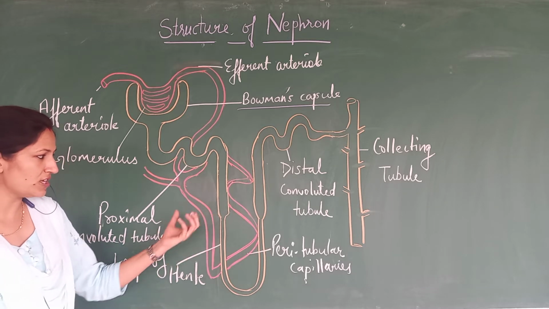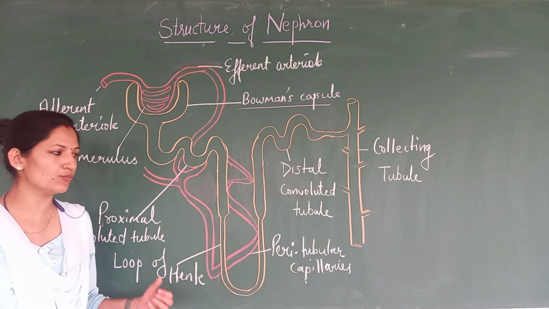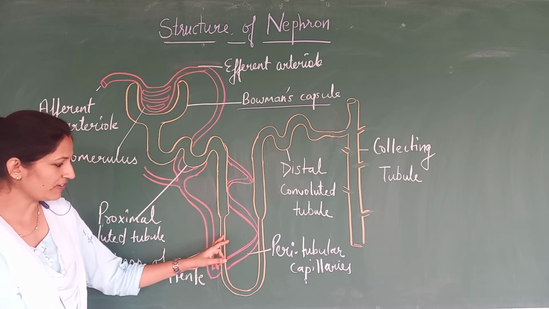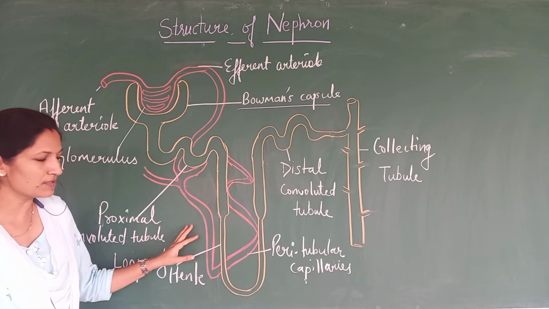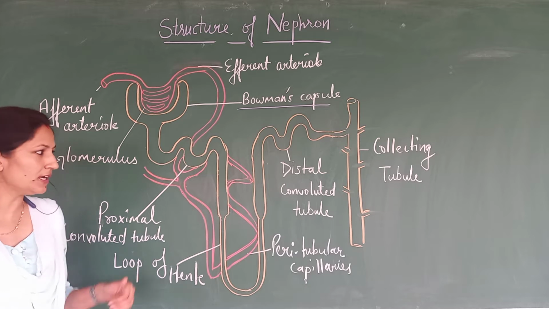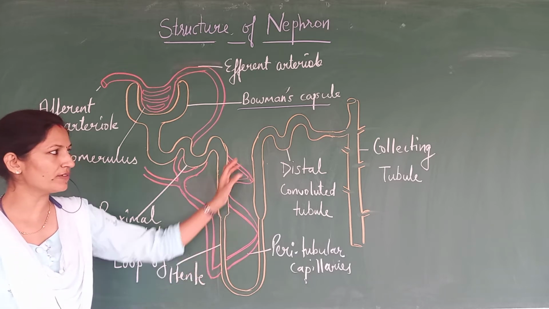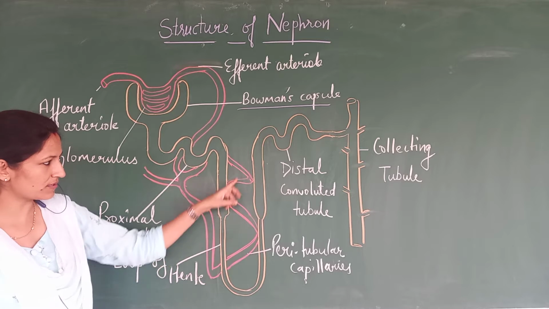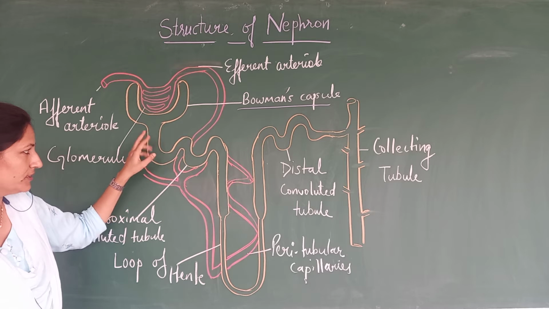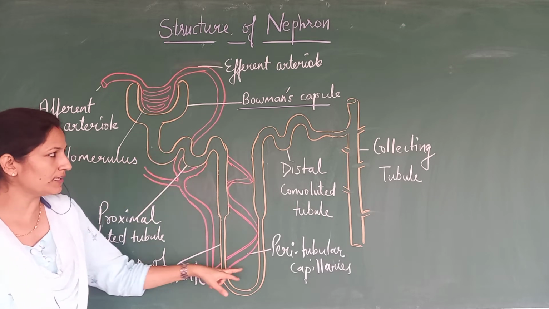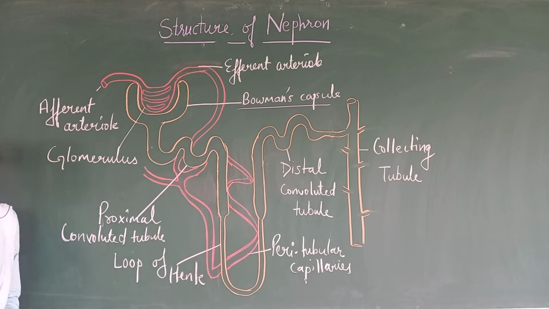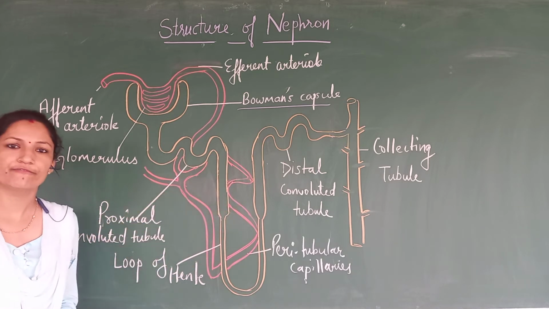So the exchange of the ions, the material, the water will take place between the blood, the nephric filtrate and the fluid which is present in the space, to maintain the difference in the concentration. Accordingly the urine will be formed throughout the structure. After this, the filtrate which is obtained in this region of the nephron will further get concentrated, because of the difference in concentration in the surrounding fluids.